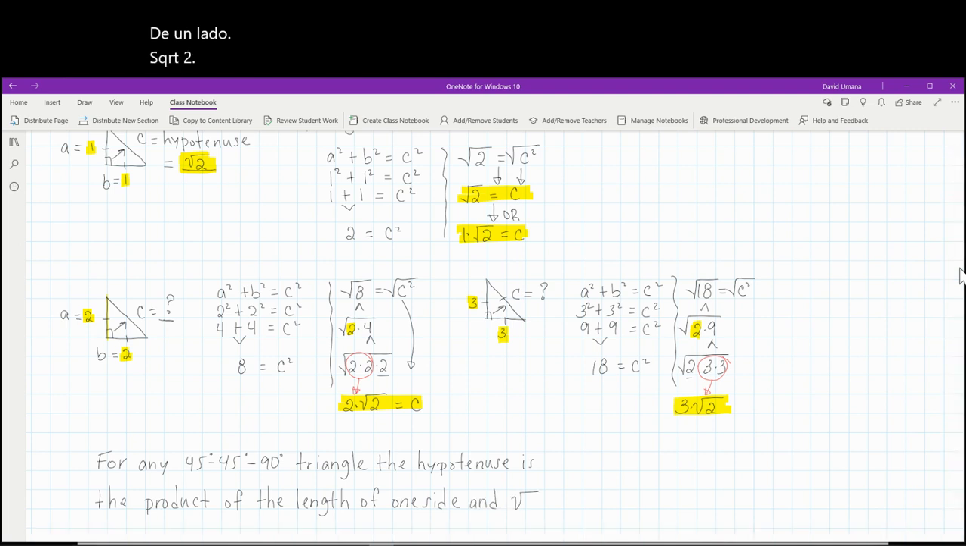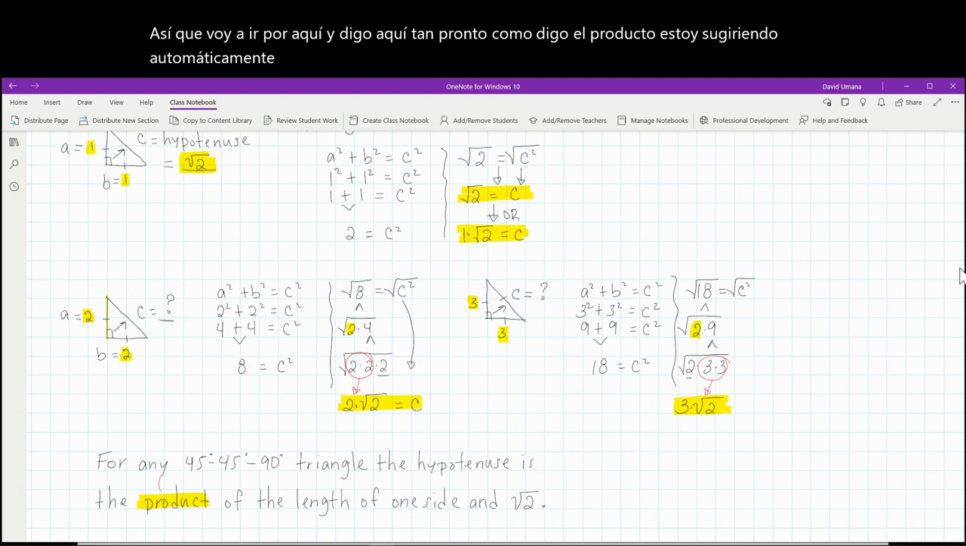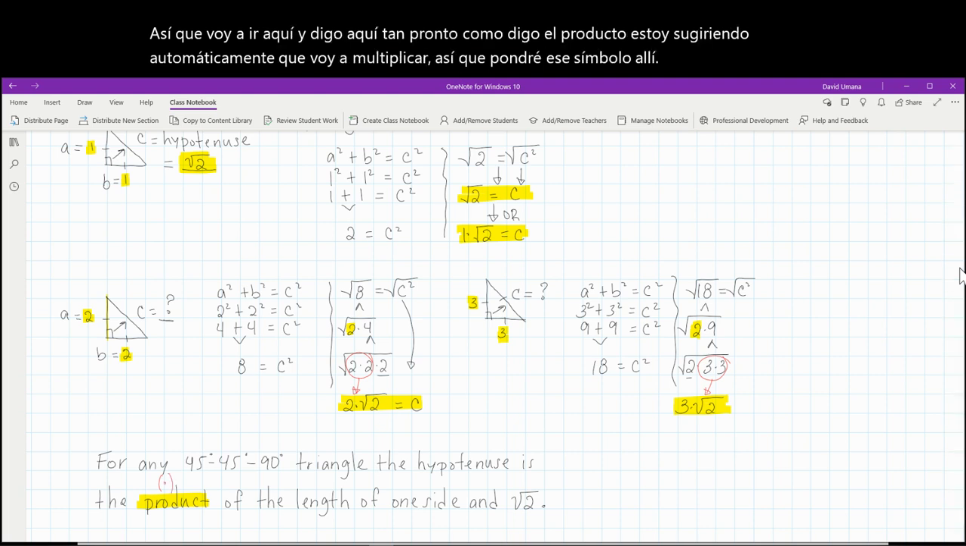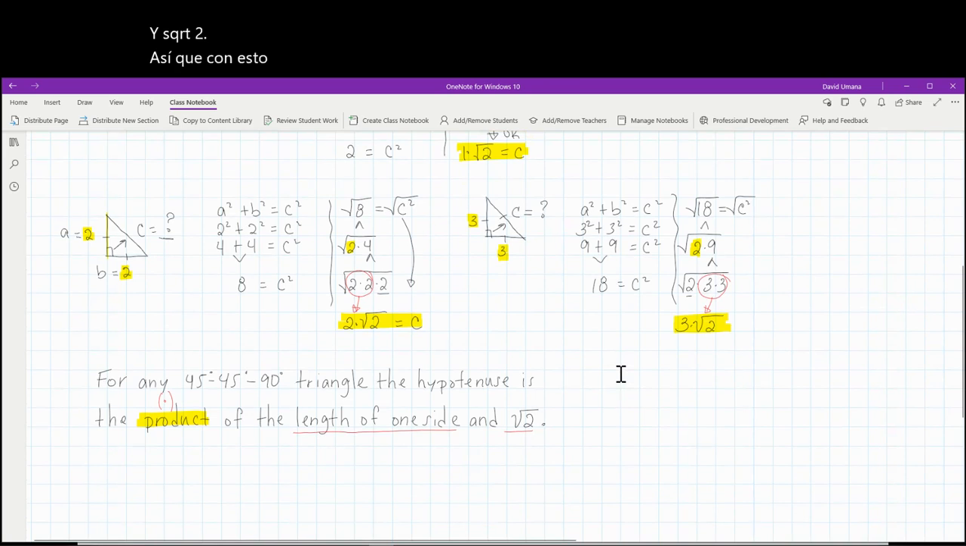What does this really mean? Well, as soon as I say the product, I am automatically suggesting that I'm going to multiply. So I'll put that symbol in there. And so the question becomes, what is it that I'm multiplying? Well, I'm multiplying the length of one side and square root of 2. Okay. So with this in mind, I can now say, for example,